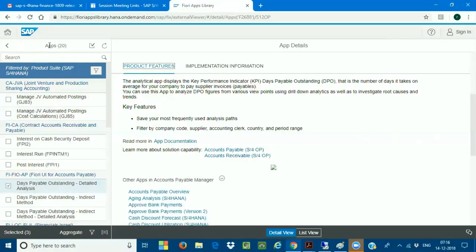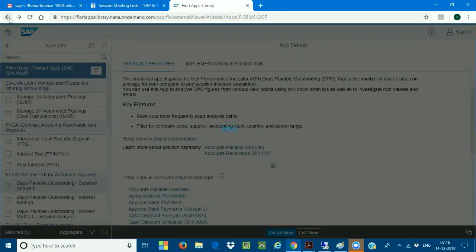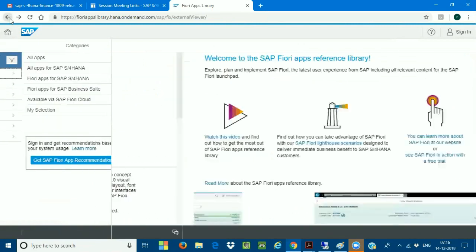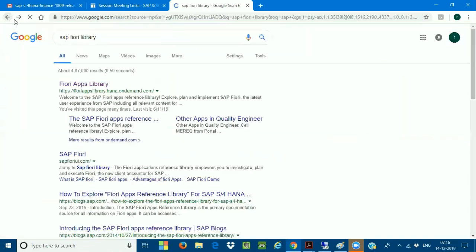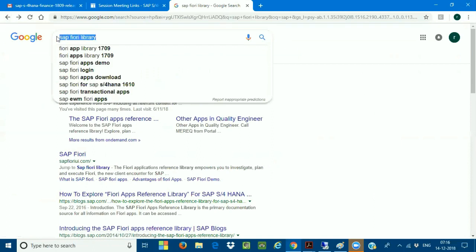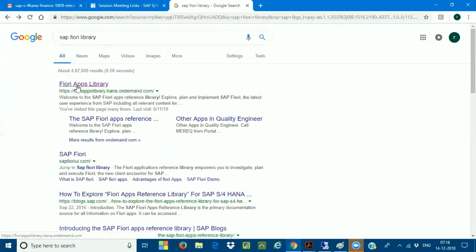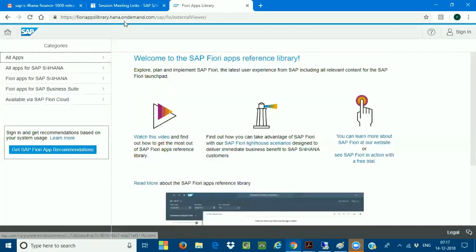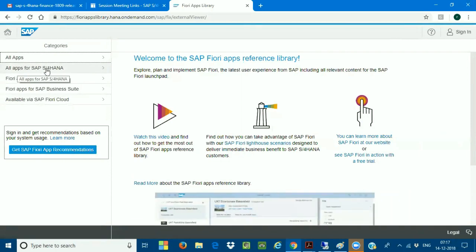So this is what exactly I told. Okay. So go to the Fiori. That is very, very important actually. These are the lines of business once you log on to the system. Once you get into the Fiori, once you go into that SAP Fiori library, if you go for 1809 and 1709, now just click on this SAP apps library. You will get into the front end. This is the welcome screen. From this welcome screen, double click on all apps for SAP S4.